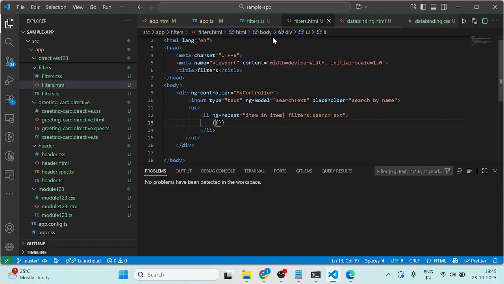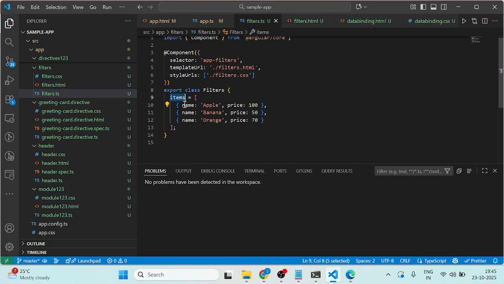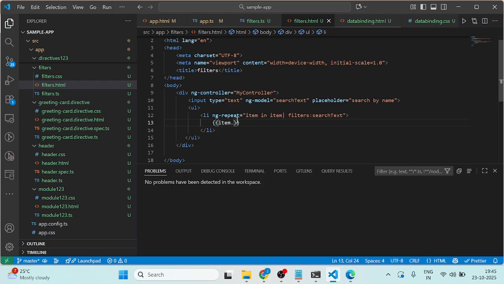So what is that? Item name, items dot name we need to get here. Okay, so item dot name,